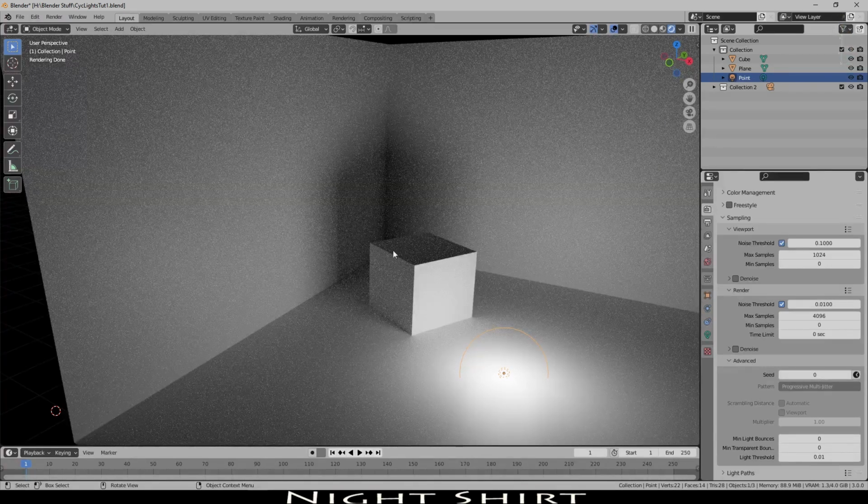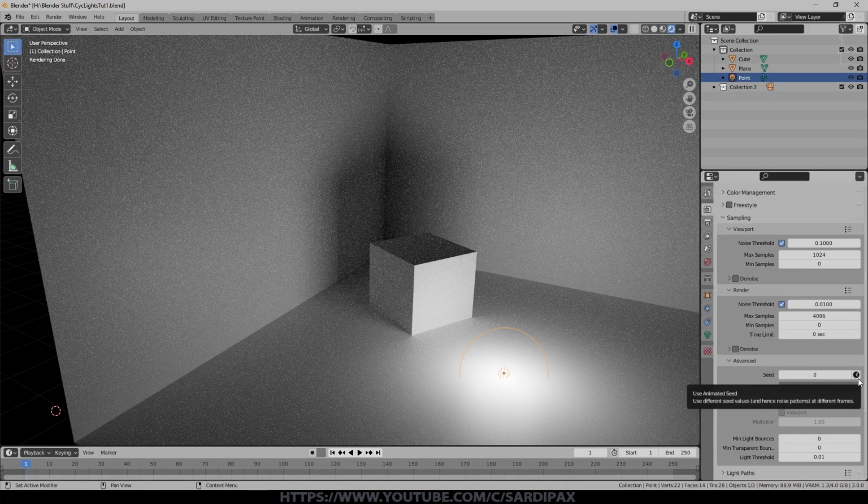So it will look a bit like there's a sort of dotty screen in front of all the action that's going on, which for a still image isn't a big issue, but for an animated image it can be a bit distracting, looks a little odd. So you can change that by clicking this, and it will then apply the frame number to the seed. And what all that really means is it's using a different seed for every frame, so the random pattern will be different for every frame.